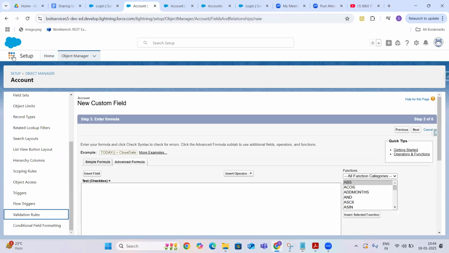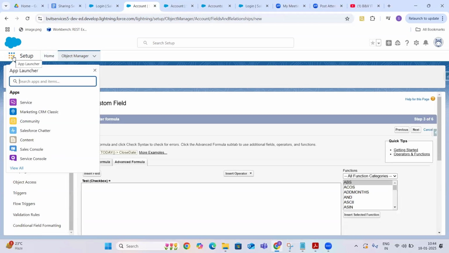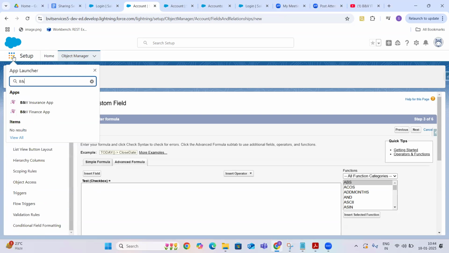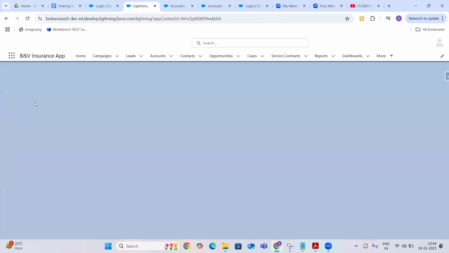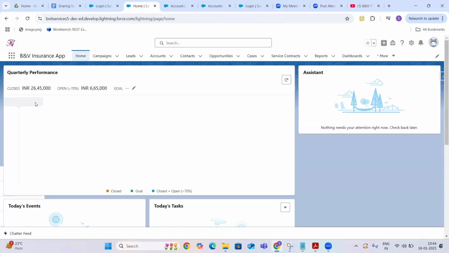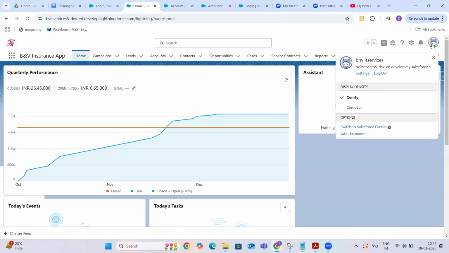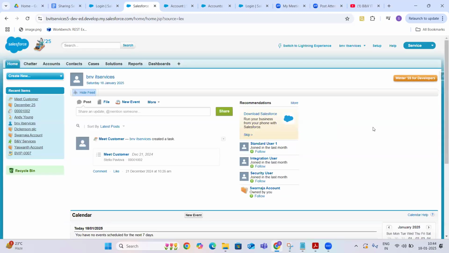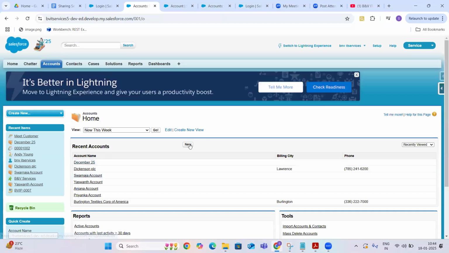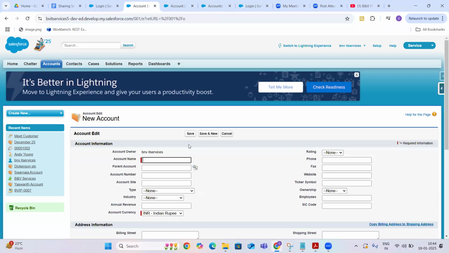Let me try to create one account. Okay. Now I'll switch to Classic, guys, just to show you that I have taken the type page layout required condition.